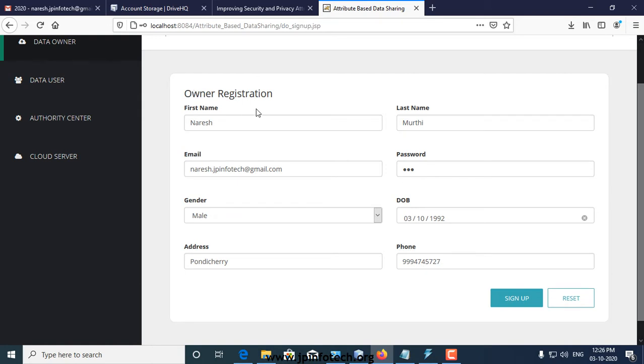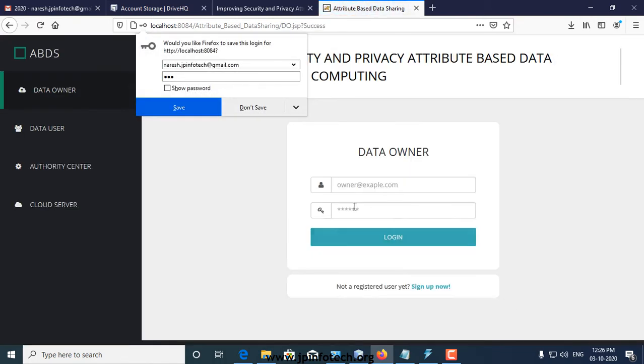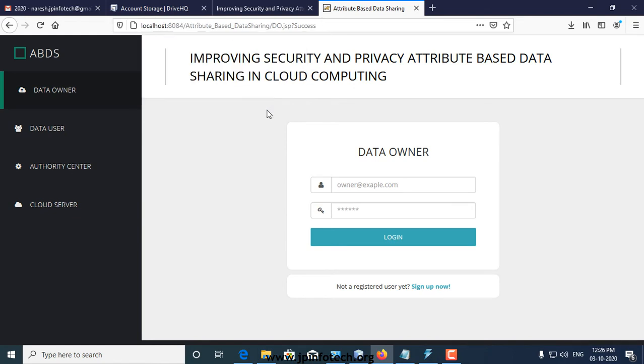After filling the details, you have to click sign up, or you can just reset if you don't want to sign up. Now I am going to click the sign up button. Now it shows success. The data owner registration is successfully registered.